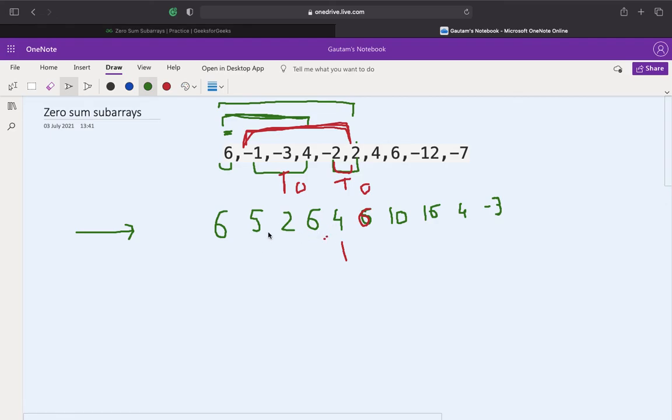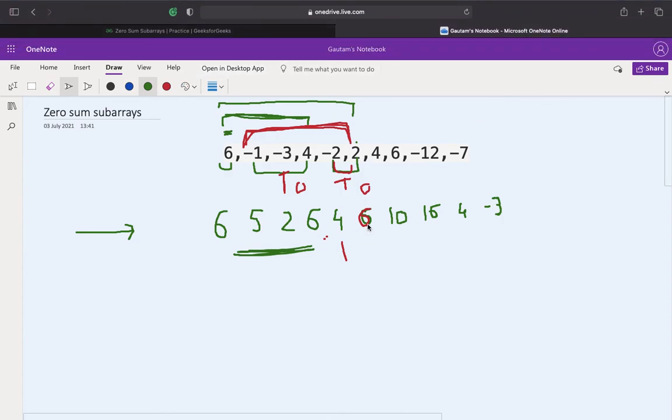Here we have found 3 6s over here. So for the first 6 I've done nothing. I've just added it in the map, and the value of that will be 1 initially. Then the value of 6 has become 2. The key value of 6 has become 2. What I'll do is I'll only get 1 subarray in this part. So the count of the key 6 is 2, and I've done 2 minus 1, and I updated the count by 1.